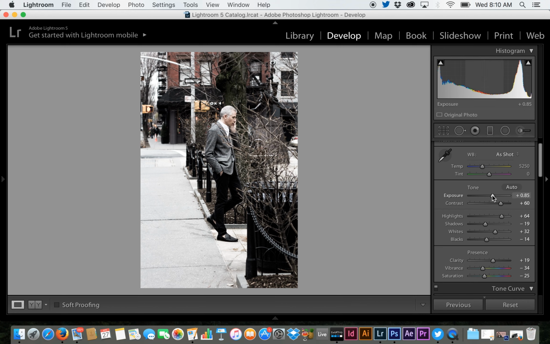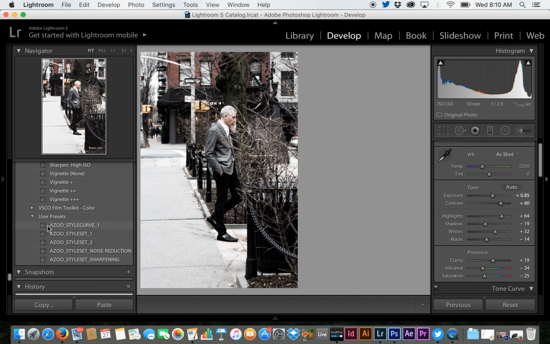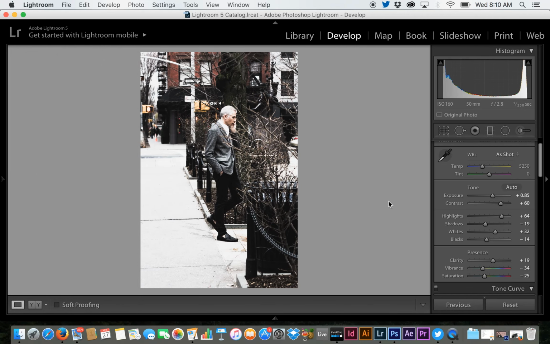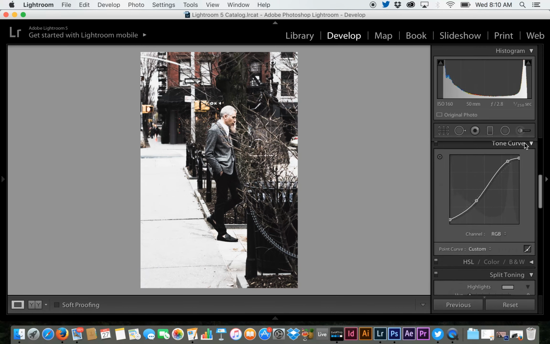I've kind of gone through here and played with things and kind of messed with it and found the point that I like. So next, what I've done is I've actually created a curve. I called it Style Curve. So I'm going to go ahead and select that, and what that is going to do is kind of add that faded, filmy kind of look. And where you're going to find the curve is right down here under the Tone Curve section, or the Tone Curve tab. And so I usually select Custom,